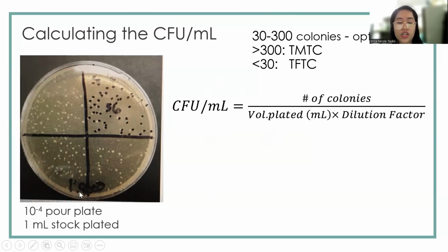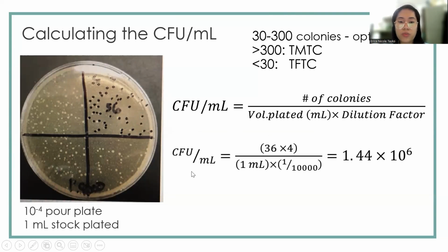In counting the colonies that you can see in your Petri dish, one technique that we can use is the quadrating technique, wherein you divide your plate into 4 quadrants, and then you only count the colonies present in one quadrant, and then multiply it by 4 to estimate the total number of colonies for the whole plate. This is just to make our lives easier, and assume that the number of colonies in all quadrants are equal. So for example, you were able to count that this quadrant has 36 colonies.